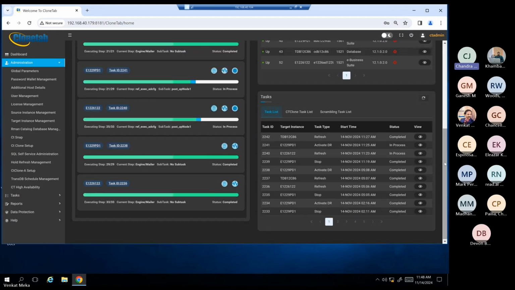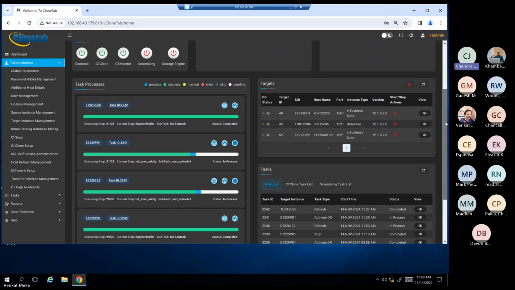We know the ins and outs, the daily challenges that a DBA team faces, and the gaps between DBA teams and application teams. Clonetab was started with this concept in mind, to reduce all these pains and challenges and bring automation to the DBA team to help them. Keeping that in mind, we have developed multiple products.